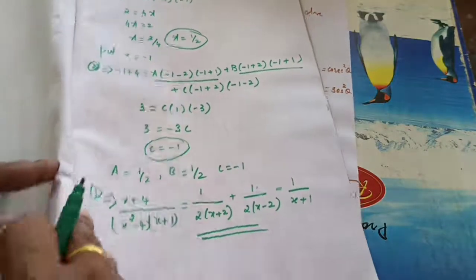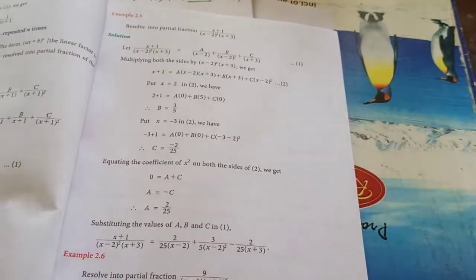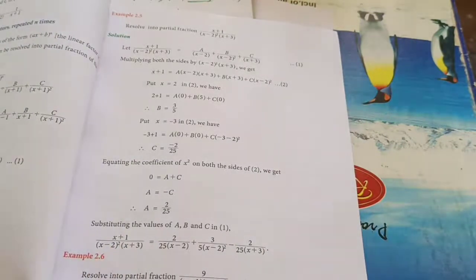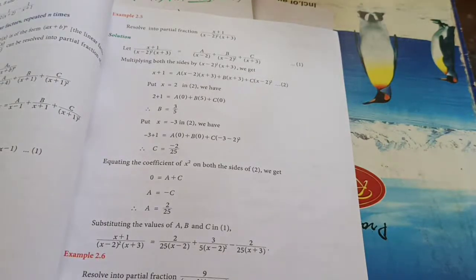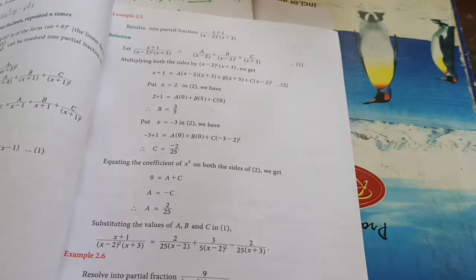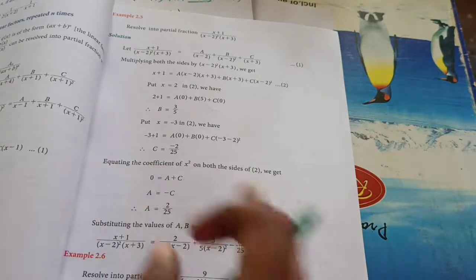So the first section, all the examples are over. Next we will move to the next type. Our next type is denominator contains linear factors repeated n times. So today what did you learn? Denominator contains non-repeated factors, so in the denominator there is no term that is repeating. Next class we will learn when the denominator contains repeated terms, and how we will resolve it. Understand?